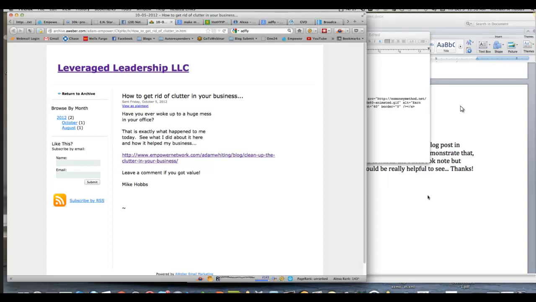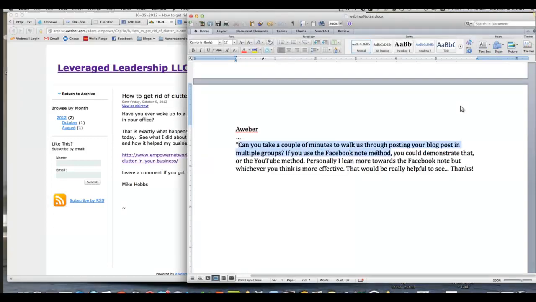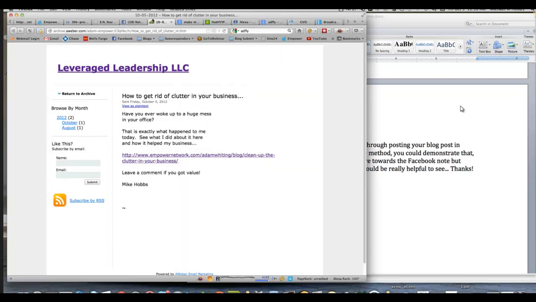Now there's one other workaround that they're suggesting, Facebook Note method. Now the Facebook Note method still is kind of a problem because you still got to mask your link because it's in Facebook. So Facebook Note method technically isn't the greatest workaround. The only other workaround I know is YouTube. Okay? So you can do a quick video on YouTube with like some kind of screen capture.